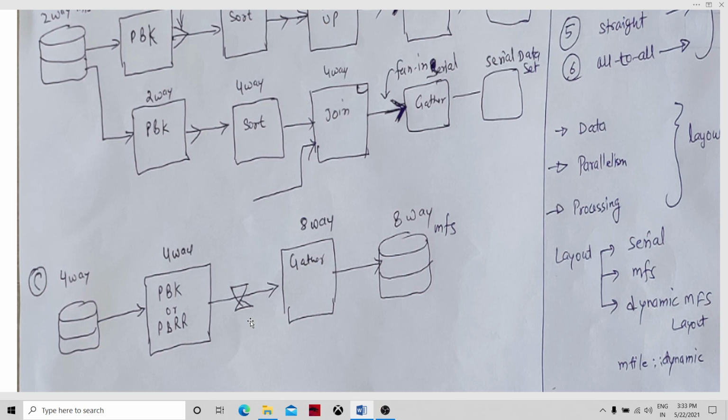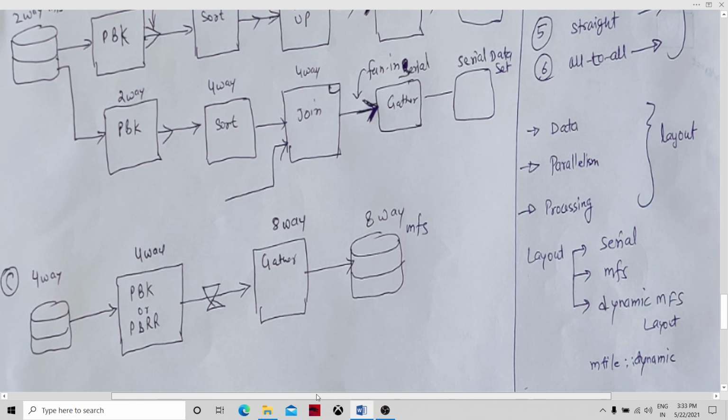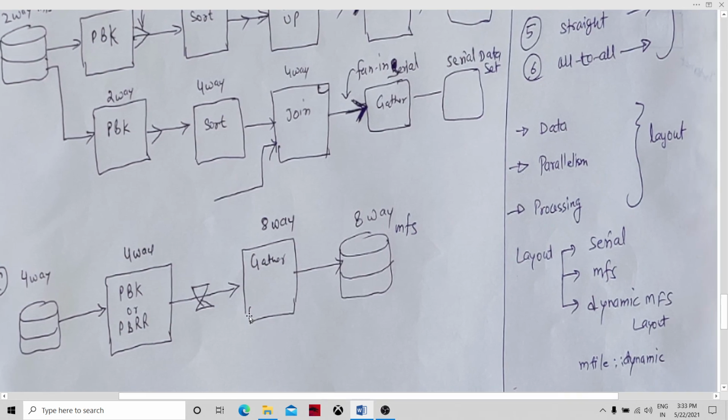There is no control in that, but conceptually it will work according to the partitioning component. That won't be deviating, but it has that liberty or independence to go to any of the target partitions. And this is where we have the all-to-all flow, and these are the output data sets.